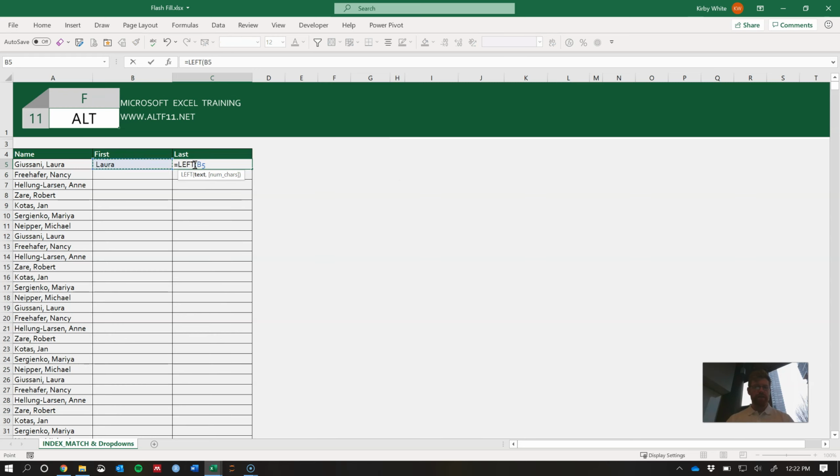And we do something similar to get the last name. We start with characters from the left. And in this case, we only need as many characters as there are up until the comma. So this is something that I used to do fairly often. Maybe we need it up to the comma minus 1. So look at that. Now we've got our last name and our first name,